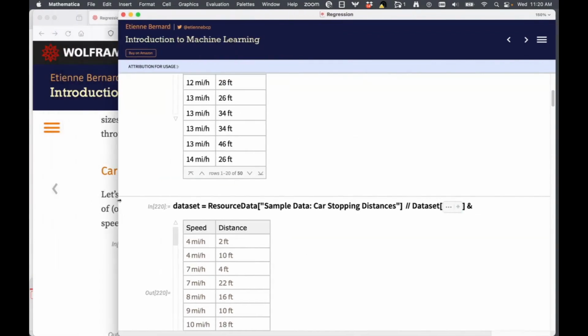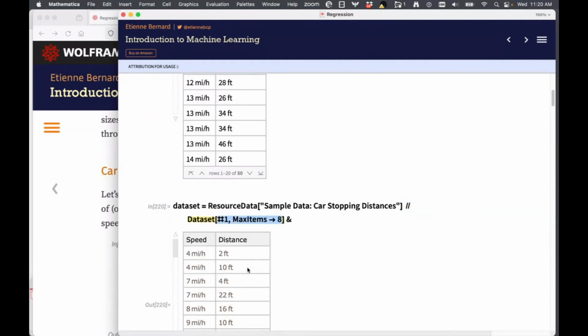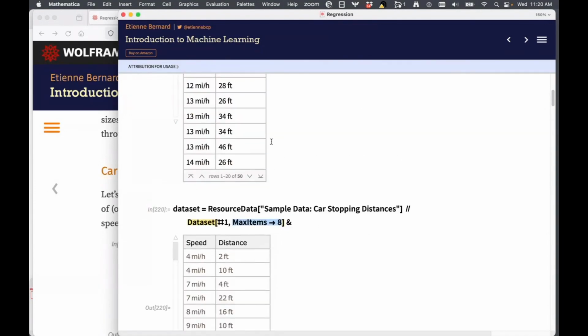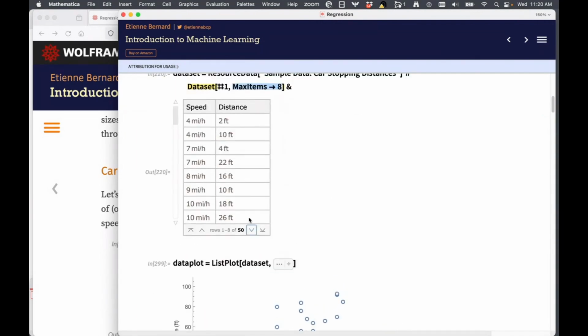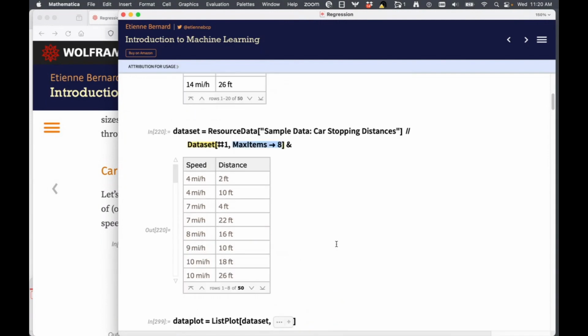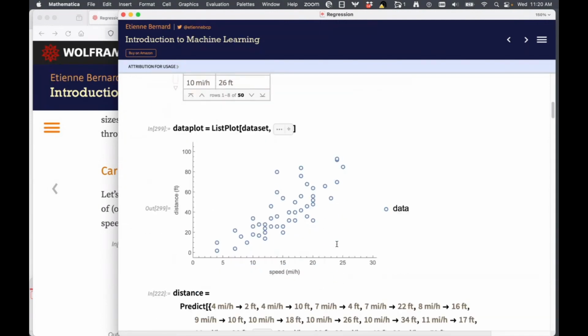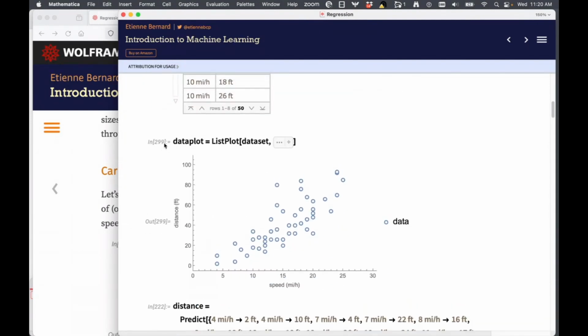Let's pull out the code and see what's going on here. Again, we have some iconized code. If you remember, this is only to not distract you, because this is the important part of the code where you're getting the dataset. I think here the iconization is only for this attribute of the dataset, saying that max items is just 8, so you don't have an overly long visualization of the data here. You just have 8 rows at a time, and then you can page through it. We're doing some very basic exploratory data analysis here.